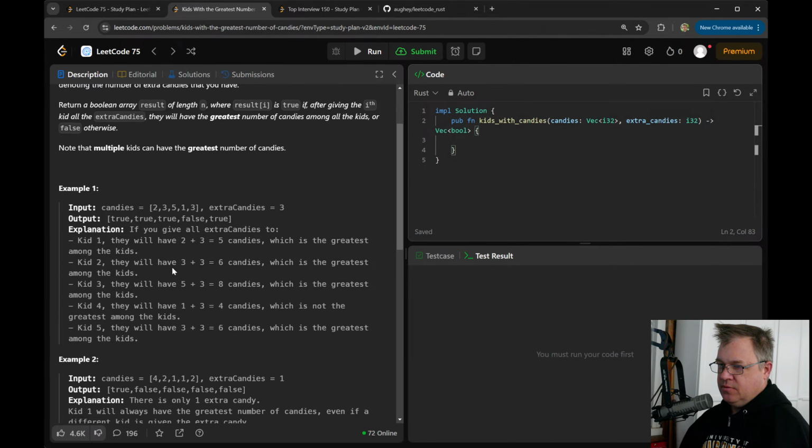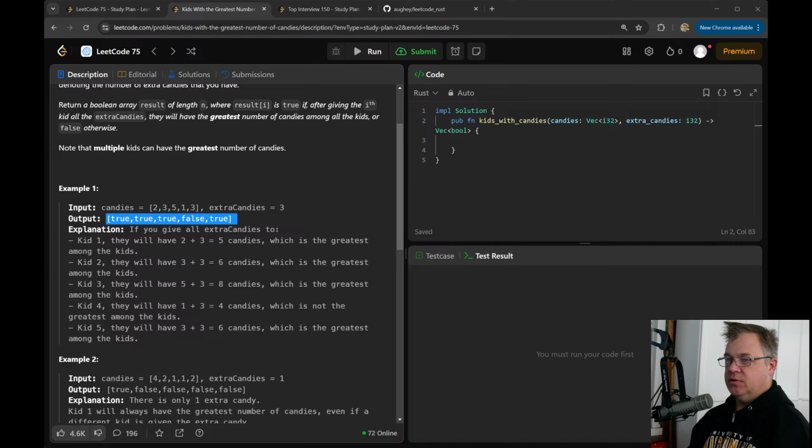But we'll go on with this. Good. So this is our return, vec bang of that. And solve kids candies 1431, where we're passing in that and 3.